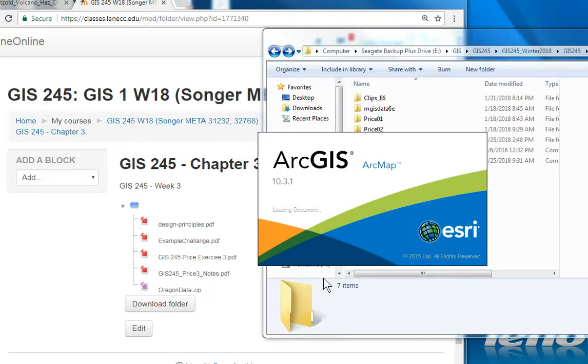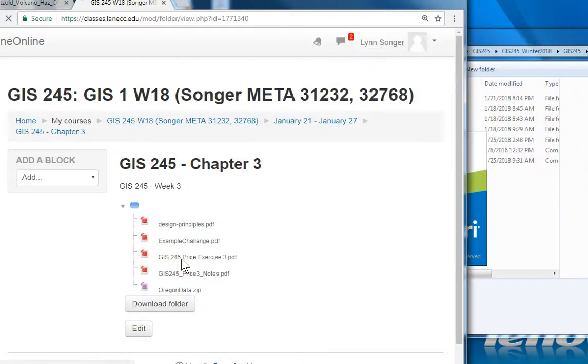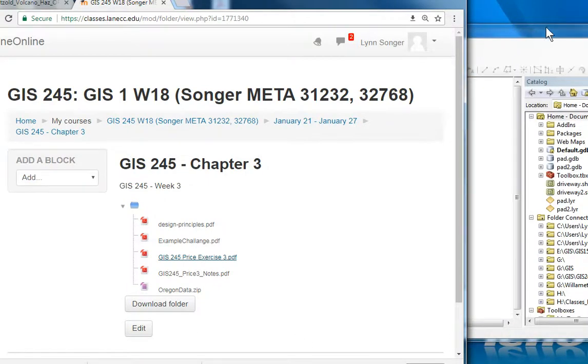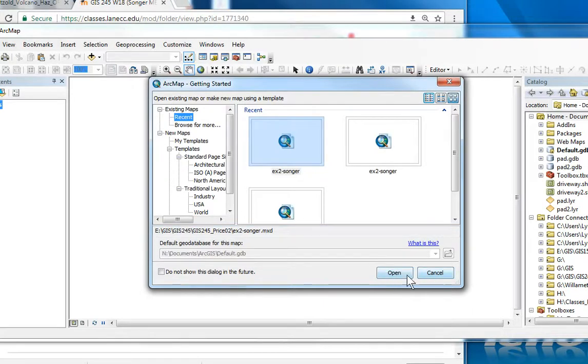In addition to the two maps that you're going to create at the end of Chapter 3, one is the challenge to add Alaska and Hawaii, and the other is just looking at the continental United States. You're going to do an extra assignment where you create a geodatabase, a feature data set, import data into that structure, and then upload that material to me. So I'm going to start by opening up a blank map,